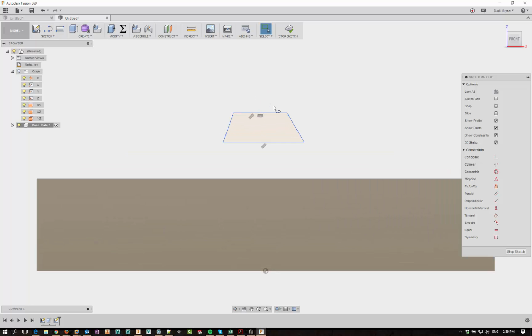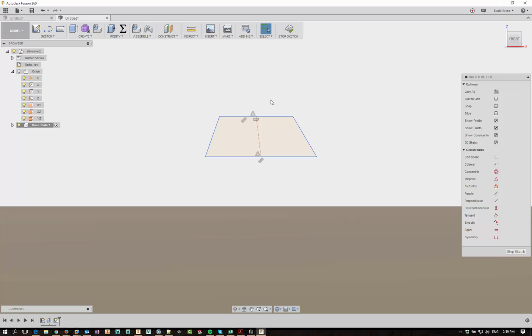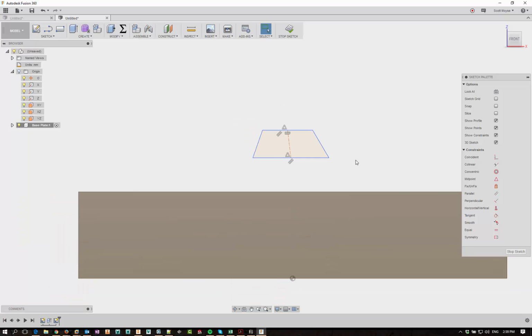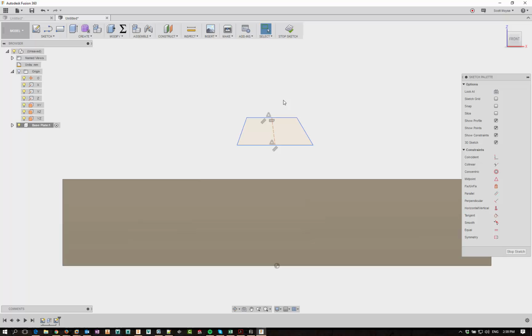We'll do a line between the midpoint to midpoint, X for construction, and then we'll make that vertical, and then dimension between here and here. I'm going to go dovetail angle, and dovetail width, dovetail height,